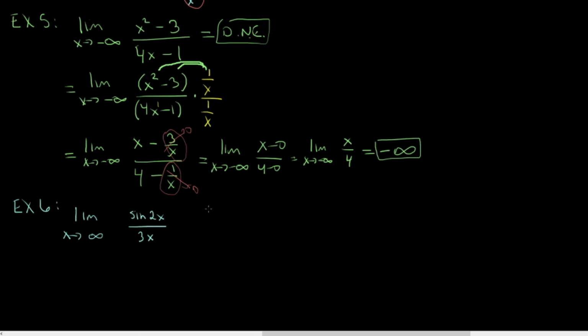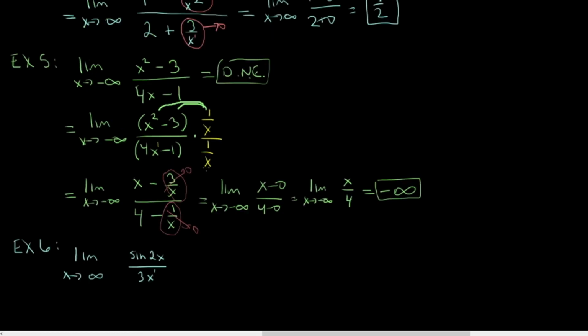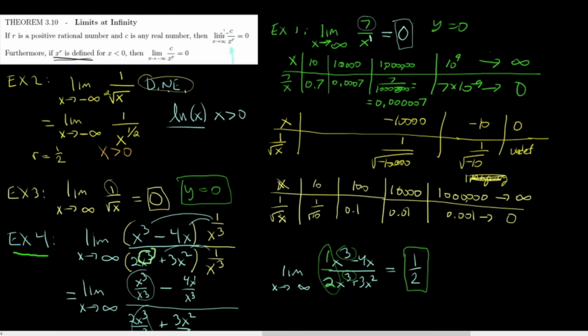Okay, so what do we do here? We have sine of 2x over 3x. The biggest power in the denominator is x to the 1. But the numerator, the sine of 2x, is not a constant. It's not c. So if I can go way back up for a second, we can't apply this theorem